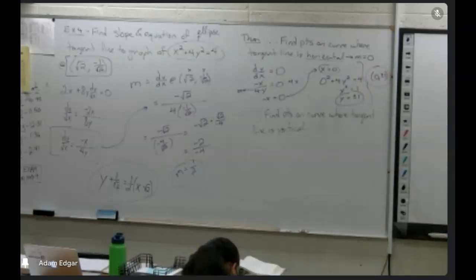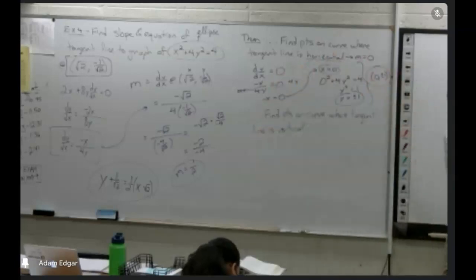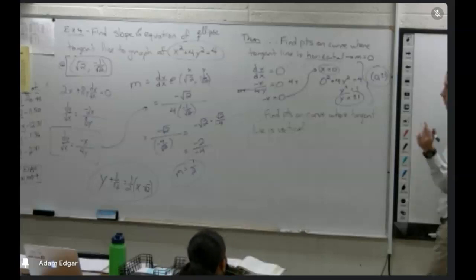So once you got your equation for the derivative, set it equal to 0 to find out where the tangent line is horizontal. Solve whatever your solution is, plug back into the original equation, and solve for the other variable, and you're done. If we want to know where the tangent line is vertical,